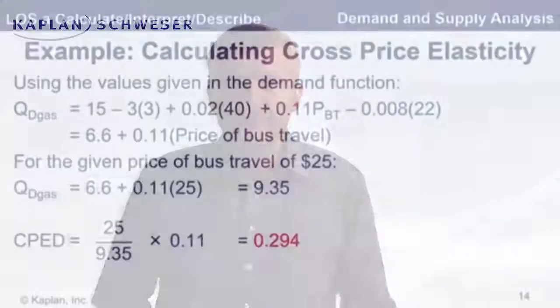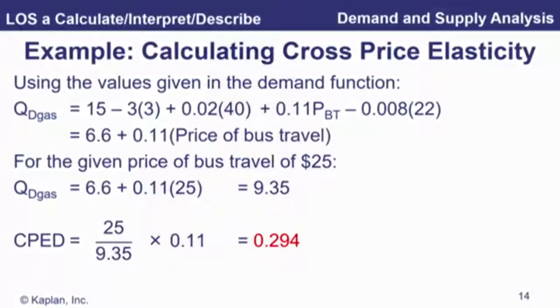Okay, one more, calculate cross-price elasticity. So we did the income. What about cross-price for bus travel? Exactly the same calculation. So once again, put all the data that we have into the equation. This time, let's leave out the price of bus travel. And that equation slims down to this, 6.6 plus 0.11 times the price of bus travel. Well, that means here,